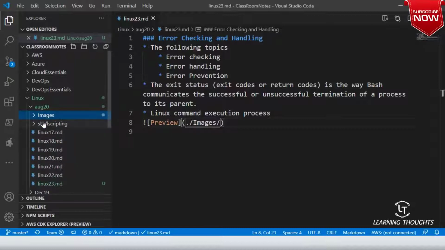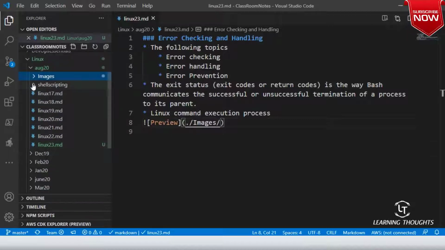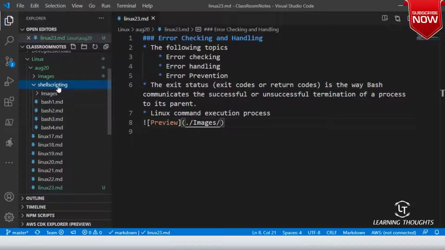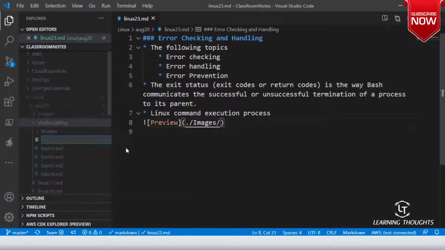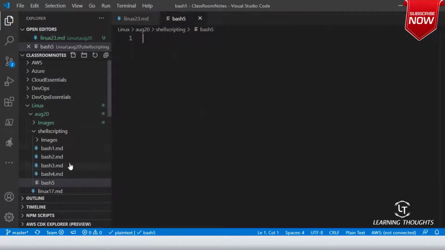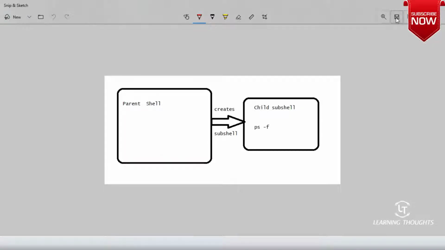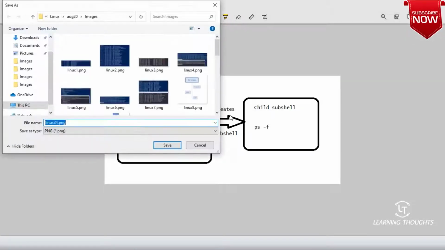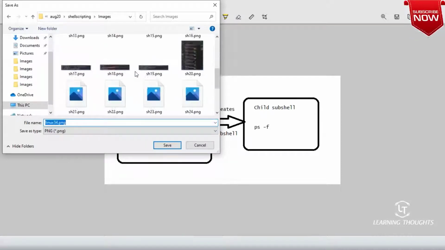Actually we were working in shell scripting, right? This is bash 5. Let me copy the path of it. My bad, sir. I'll try to correct it because otherwise this will impact the way the notes are being created.